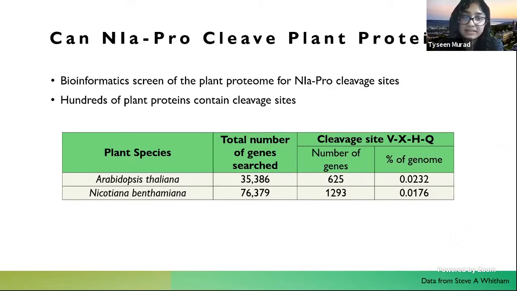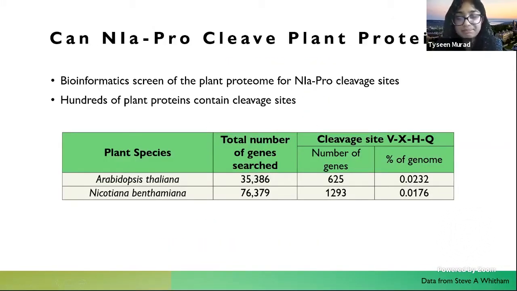So in order to investigate this further, a researcher from Dr. Castillo's lab has done a bioinformatics screening of the Arabidopsis thaliana and Nicotiana benthamiana proteome for NIa-Pro cleavage sites. And he searched for one of the most predominant cleavage sites, which is the VXHQ site, and he found hundreds of plant proteins that contain it. In Arabidopsis, as you can see here, there's 625 genes, and in Nicotiana benthamiana, he found